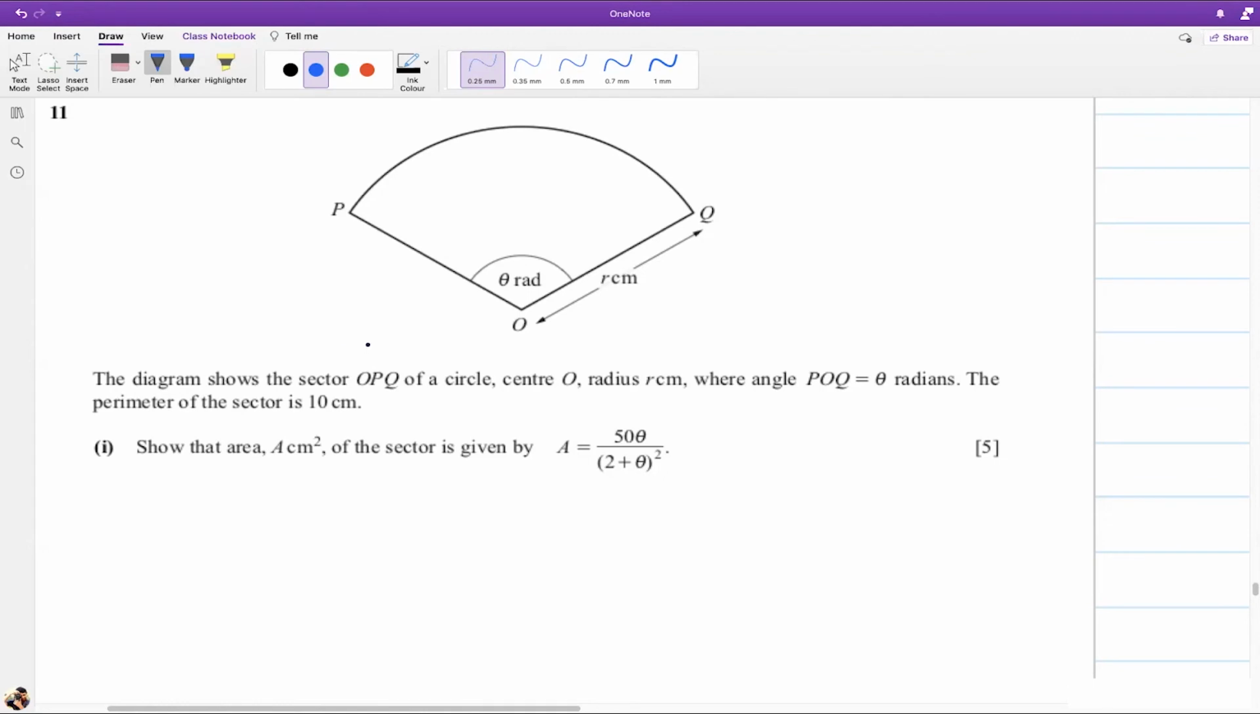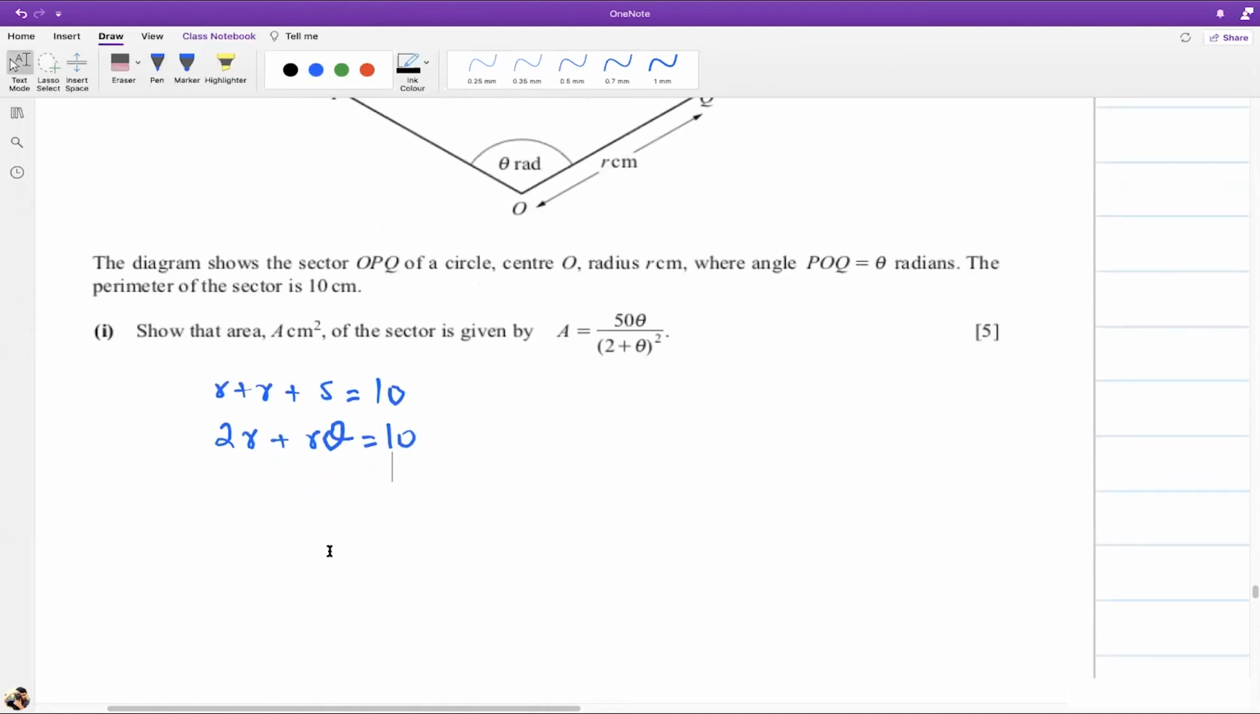Yeah, so we have to find the perimeter of the sector is 10. Perimeter 10 होने का मतलब है कि we know that radius plus arc length is 10. Okay, and what is arc length? Arc length is s equal to r theta, so it's going to be 2r plus r theta is 10. तो मुझे एक इक्वेशन मिल गई है for r and theta, ठीक है।